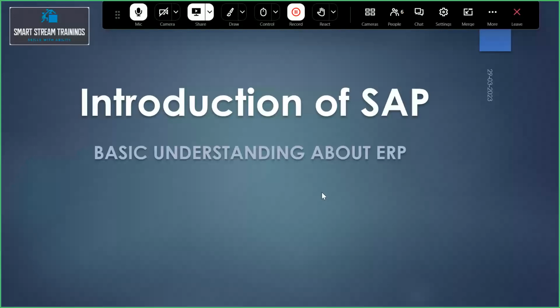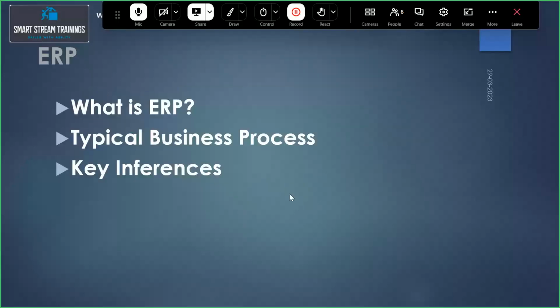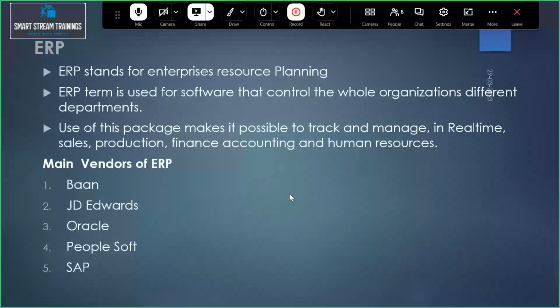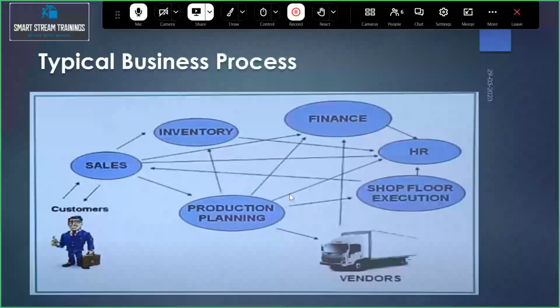If you are buying a new bike, that is a different scenario. Like that, for any kind of scenario, a specific business scenario is required behind it. So these kinds of business scenarios are provided by ERP. What type of business scenarios does it provide? First we have to discuss a small business scenario, a typical business scenario. This is just an example. So see here,